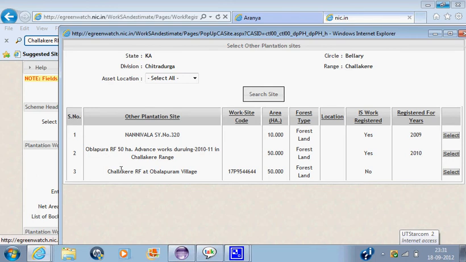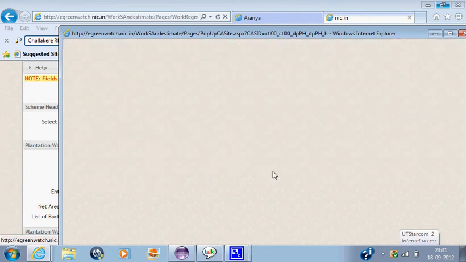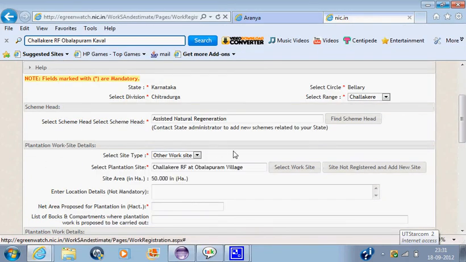So this is Challakere RF at Oblapuram village. I select this. Once I select this, it gets automatically reflected in this page.